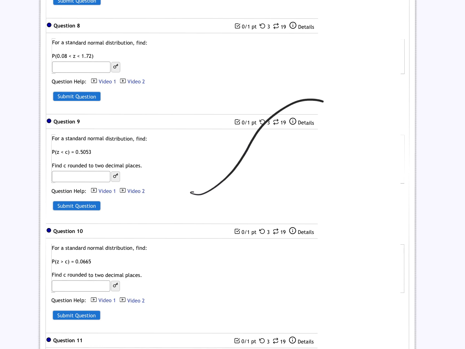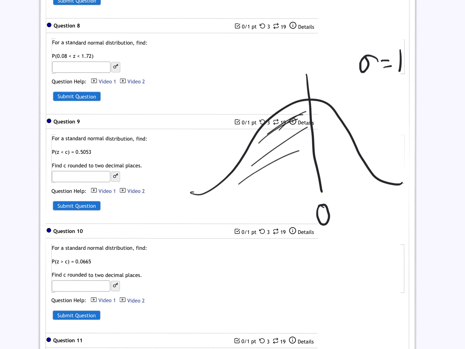C. So remember that a standard normal implies the zero is in the middle and the standard deviation is 1. That's just critical to remember. And then it says, find that C is a Z such that Z is less than C, and that probability is 0.5053. So just note, if C was at 0, the probability to be less would be